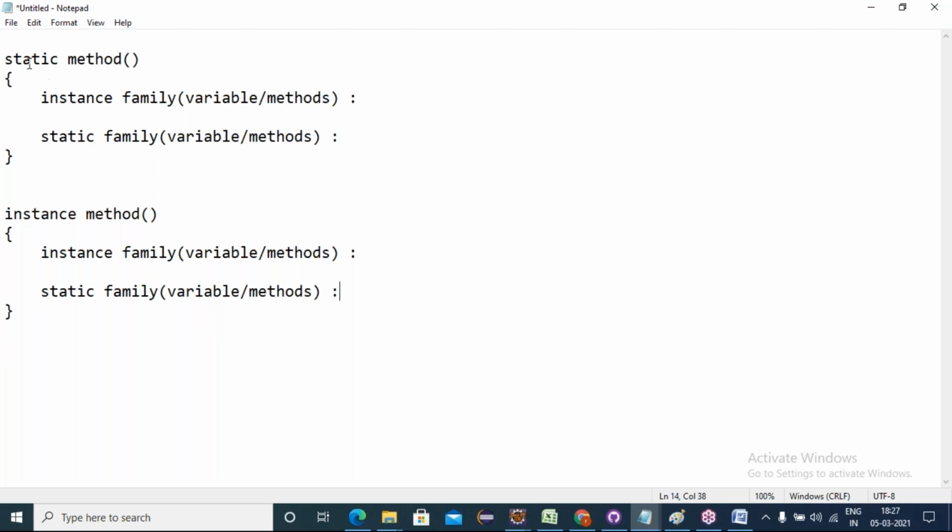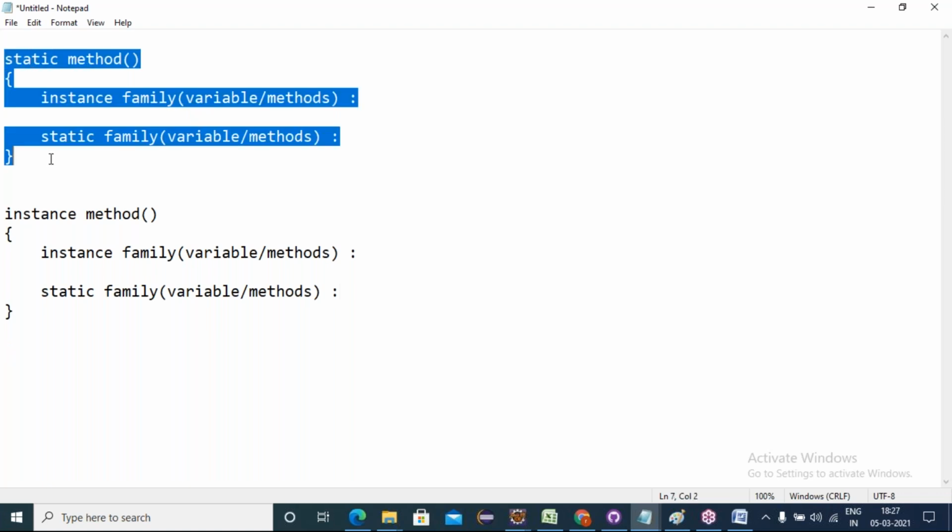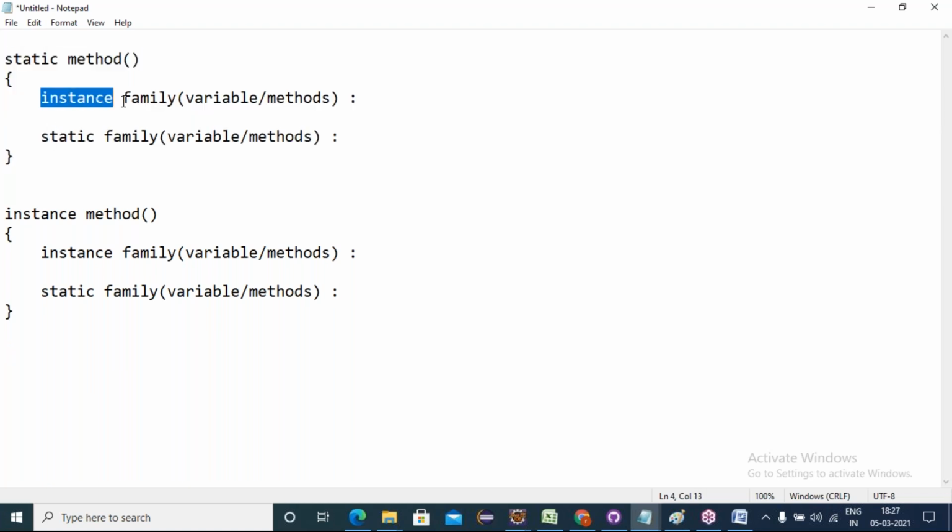Now you tell me, friends, inside the static method, how do I access the instance family? How can I access? Using an object. Yes. Through class object creation, right? For class object creation only, we can access.